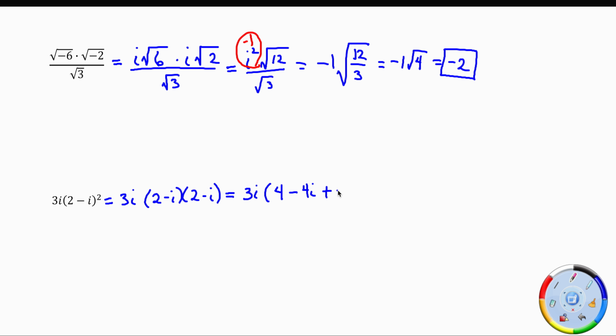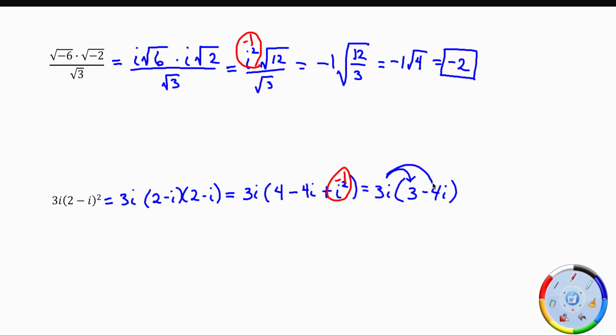But an i squared gives me i squared. Now don't forget, anytime I get an i squared, I can replace that with -1. So I wind up with 3i times, this is 4 plus -1, so 3 minus 4i,